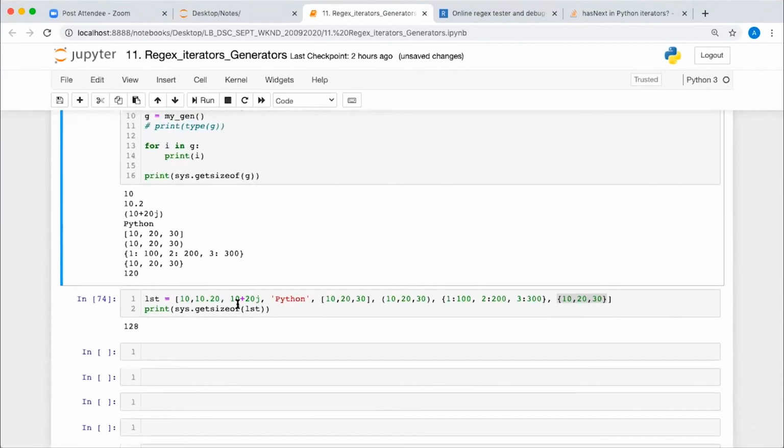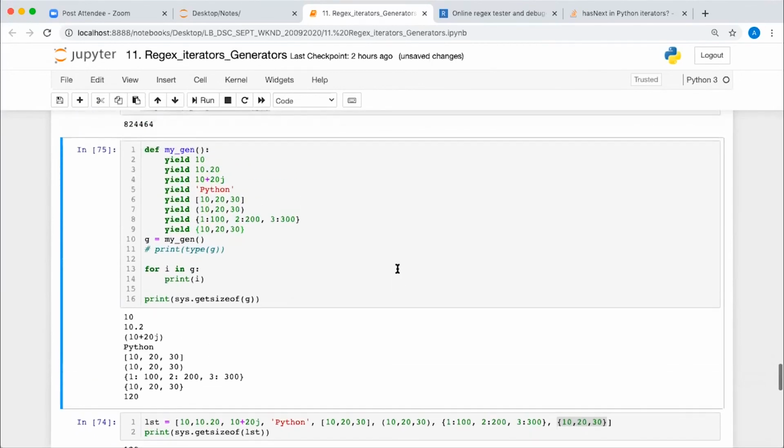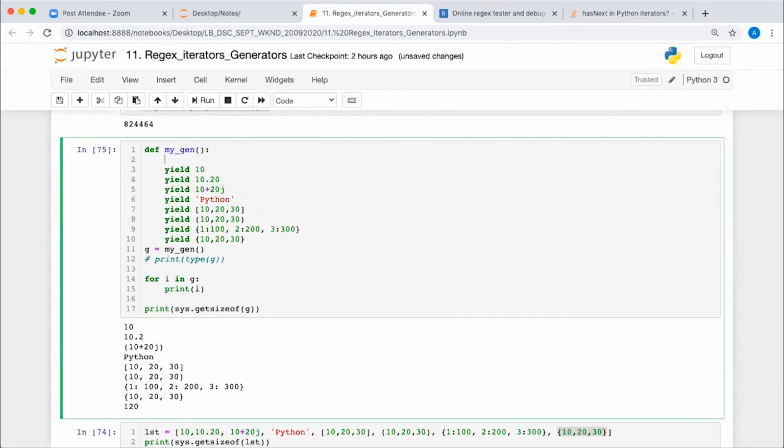Abhishek, in the generator function that you have created, like other functions, can we do some operations and then yield results, or is it only for generating? Yes, you can do any other operation. First that will be executed, and then it will execute the yield statement.